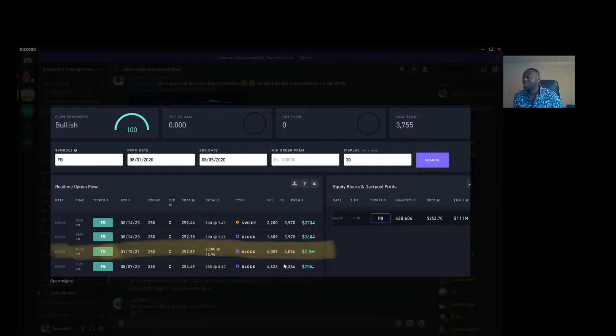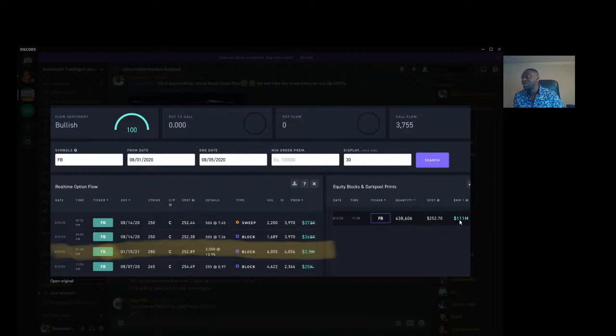So that leads me to the importance. For me, inside of Flow Algo, the first thing that I look at is this. This is what I call the equity print. This is a print on Flow Algo on Facebook on August the 4th, 2020 at the price of $252,